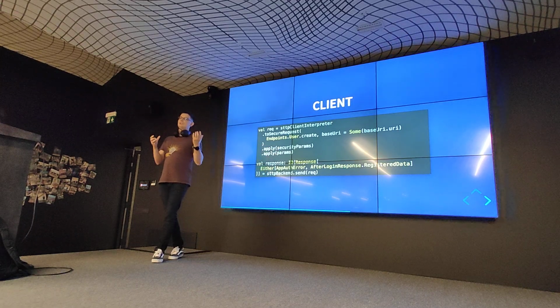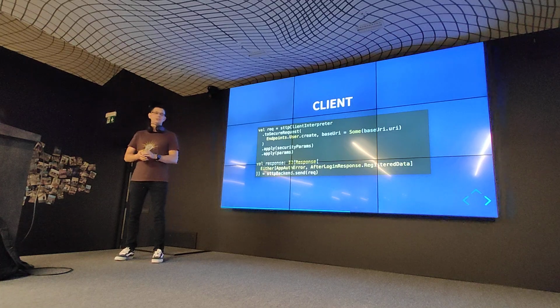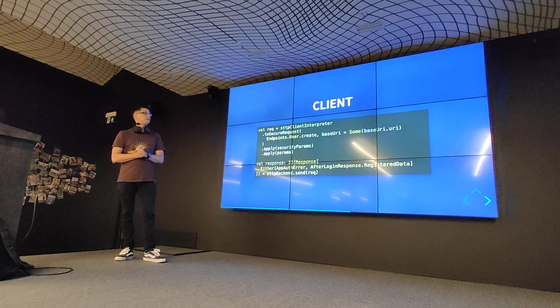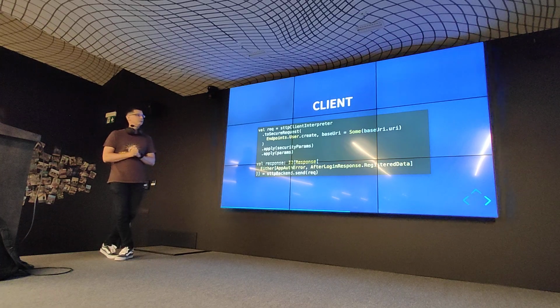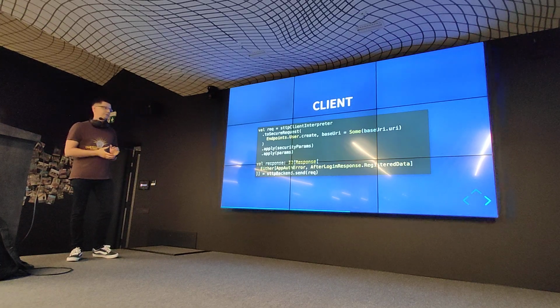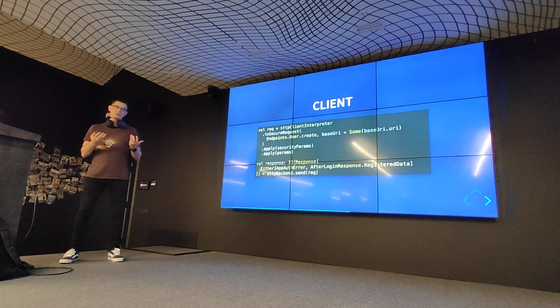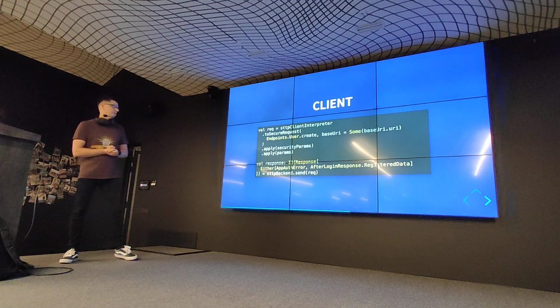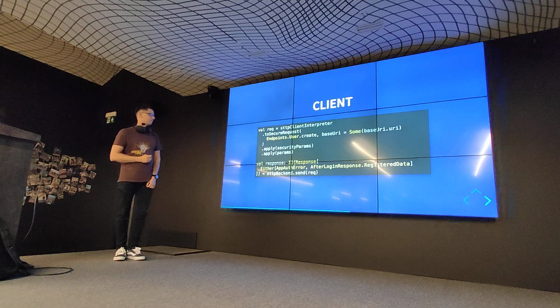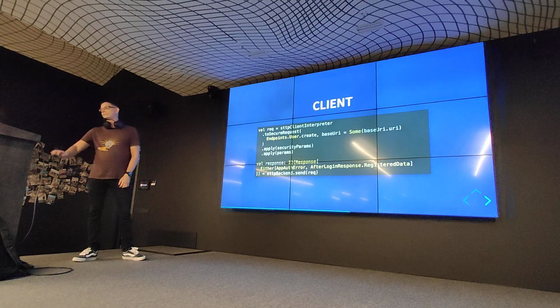And there's a distinction between the security logic and the actual logic, I think for logging reasons, so you could know whether the request failed because you couldn't authenticate, or because it failed for logic reasons. And then you just send that, and you get back a response.